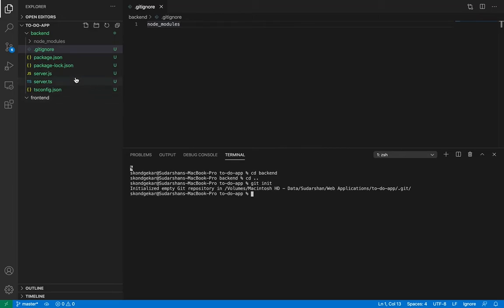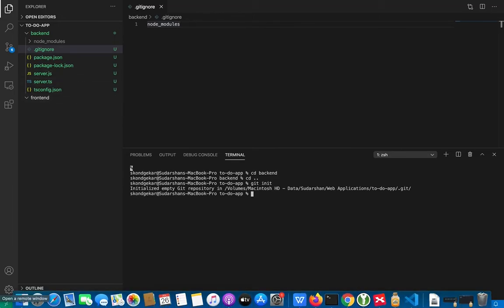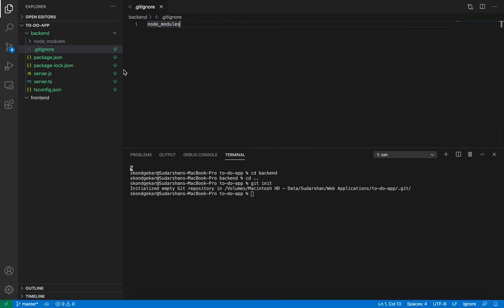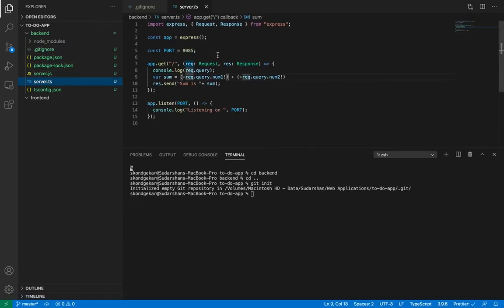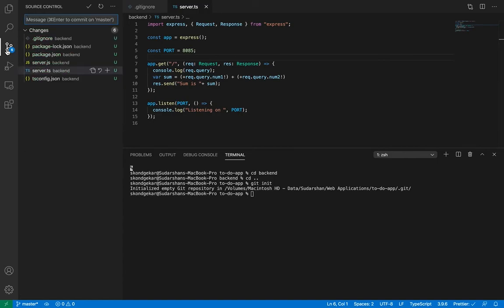To commit the changes, commit means saving the changes in the repository. Right now I have created these files, but these are available on my local computer. These are only files. This is not actually a repository. To commit these changes, I can click on this source code control icon, and here I can type my message.